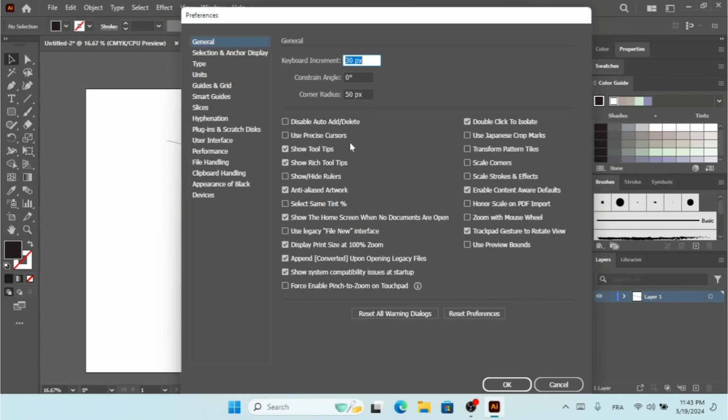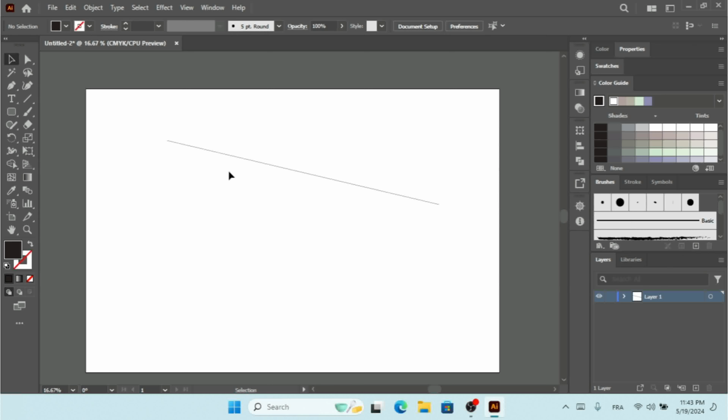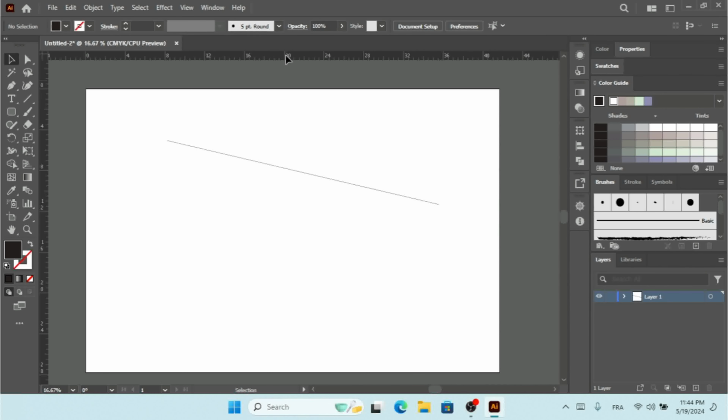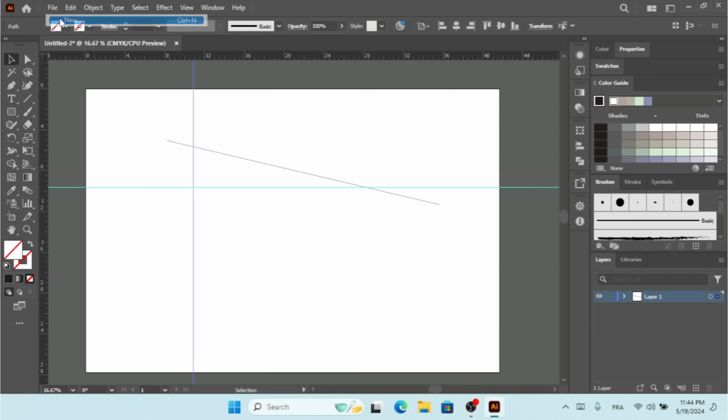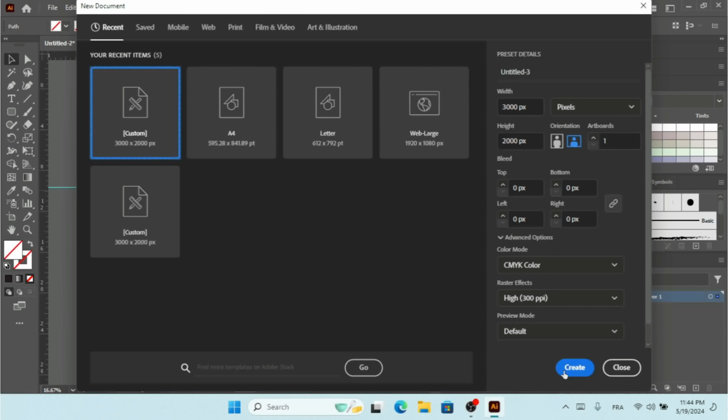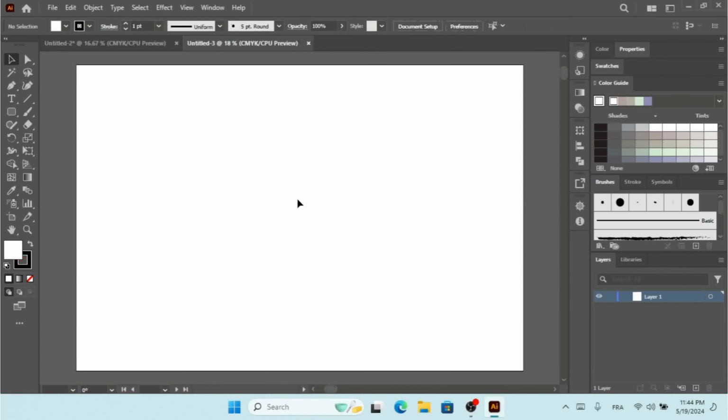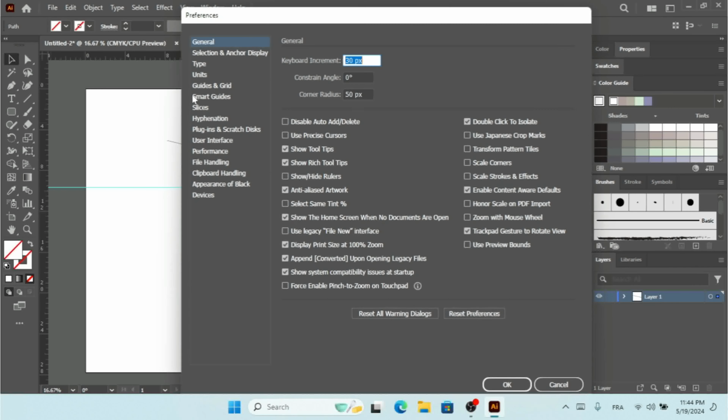And the next option here, we have this show/hide ruler. So I'm going to not check this one and click OK, and I'm going to hold Control R to bring the ruler here. So I can use the ruler here. So I'm going to create a new document. So here, as you can see, no ruler is available, but if you just go to